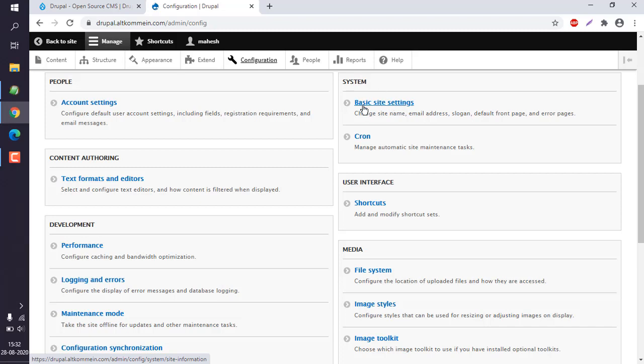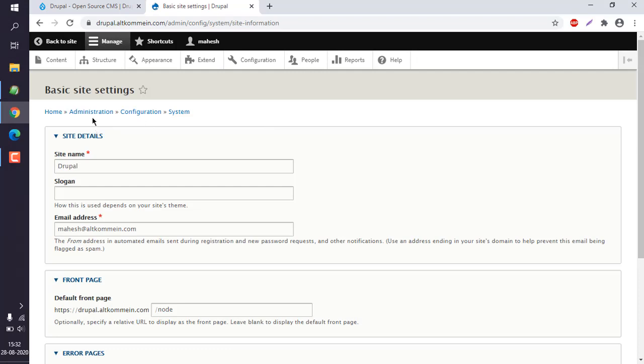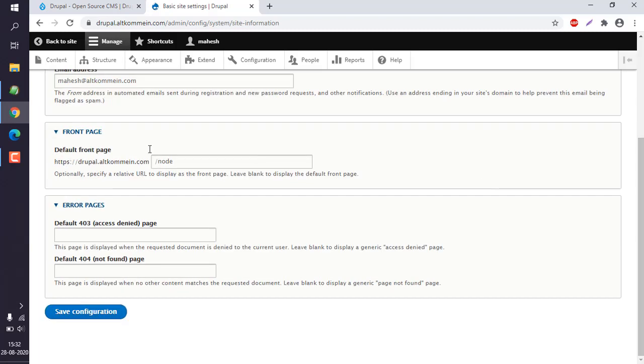So click on this site settings link, should take you to this page, okay, which you can access through this administration, configuration and system section. Okay, now here you can see the list of options you have for editing. So you have your site name, slogan, email address, then front page, default front page that you can use, or if you change the home page,